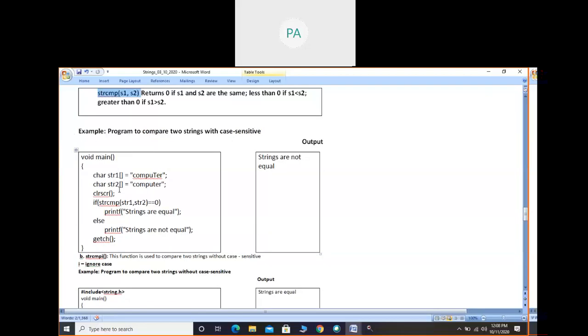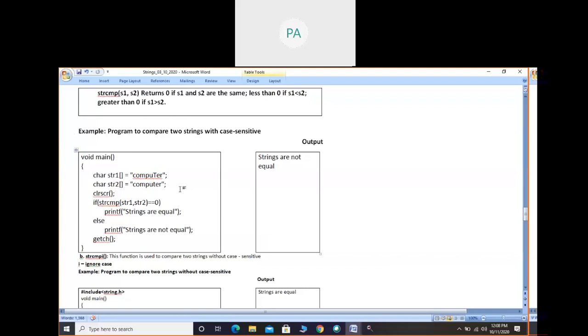So just consider this program. What I have taken is, first string I have taken computer, second string also I have taken computer. The difference is that in the first string I have used a capital letter T, and in the second string a small letter t, because here I want to tell you there is a comparison with case sensitivity. That means uppercase and lowercase are also considered.